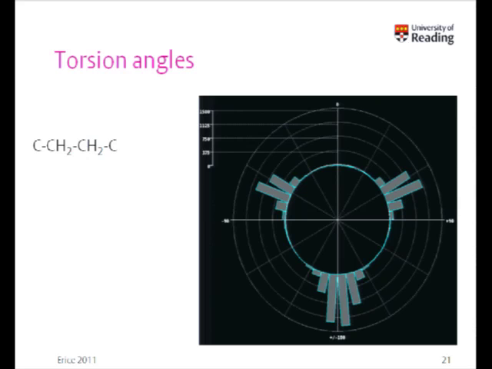When it comes to torsion angles, it's a completely different story. This is again a search done in the CSD that is showing the distribution of torsion angles in the form of a polar plot for the torsion that is this carbon to carbon to carbon to carbon. And it's showing you that virtually any torsion angle, any rotation around that central bond, is accessible, but there are three favored areas, which when you look at the structure makes sort of intuitive sense. But these torsional parameters are much softer than the other ones, and they are something that we cannot in general fix in advance.